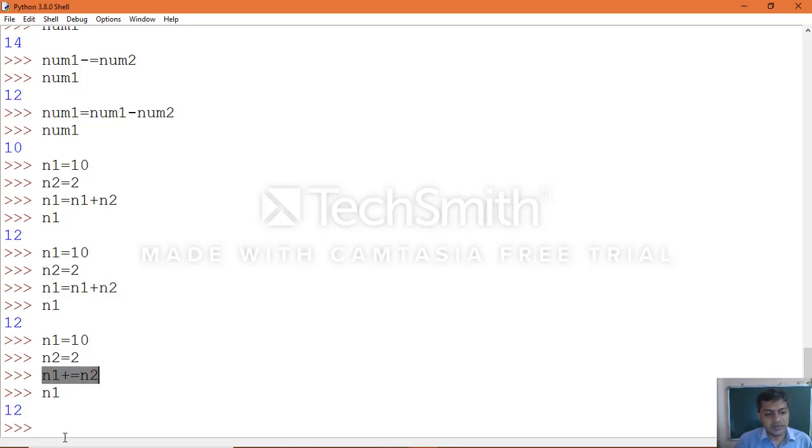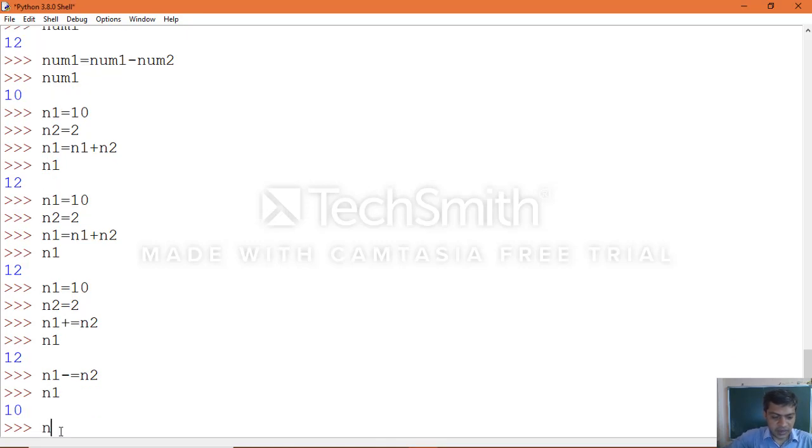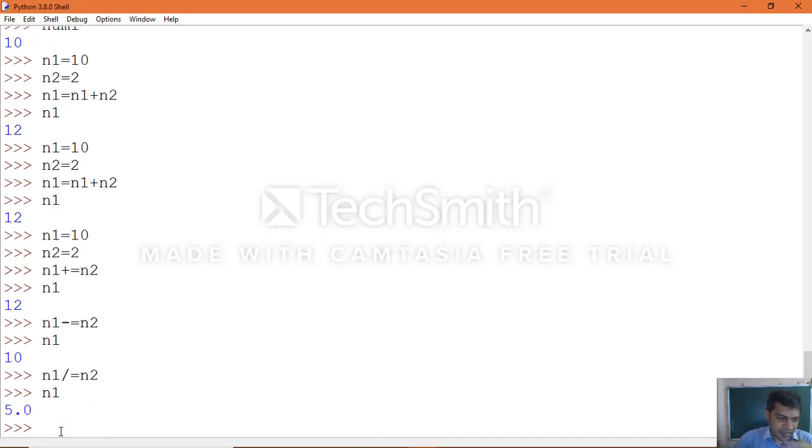Okay, the same way works for the other operators. I already showed you n1 minus equal to n2, then print n1. Same way, n1 division equal to n2, print the n1 value, which will be calculated as n1 equal to n1 divided by n2.